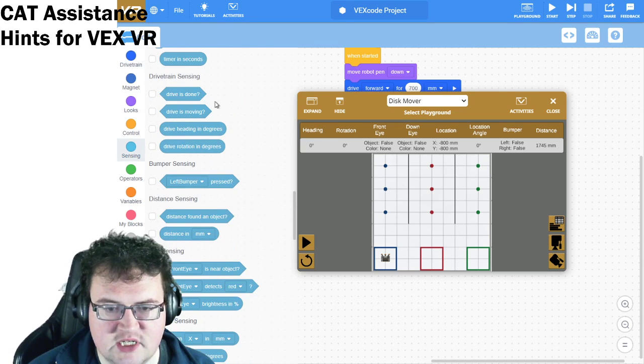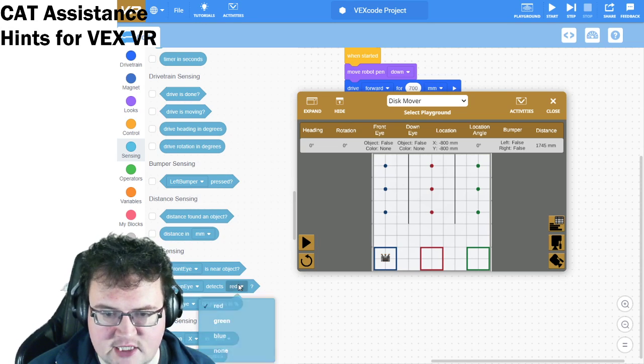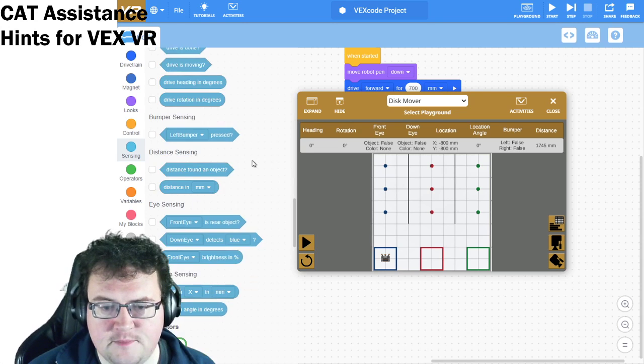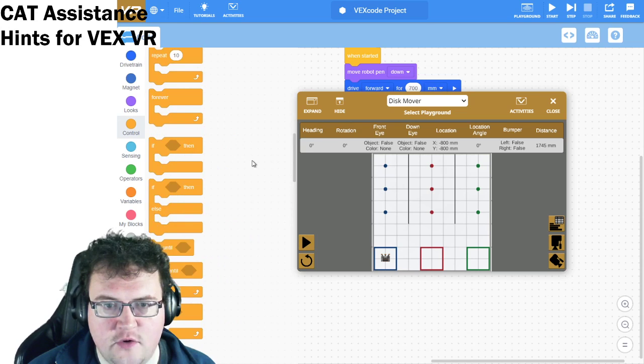All right. So your sensors have a lot of fantastic things in here. So for example, eye sensing. If the down eye detects blue, what should it do? All right. So up in the code,